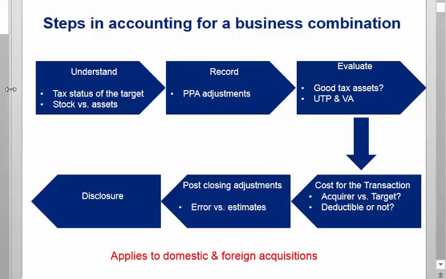Moving down to the lower right-hand corner, anytime there's an acquisition, there's banker fees, there's lawyers, there's accounting firms. There's lots of costs. And the book rules for how those costs are dealt with differ from the tax rules. So there's going to be a book-tax difference, and we need to know how to deal with it. While that might not seem like that big a deal, sometimes those costs can be big.